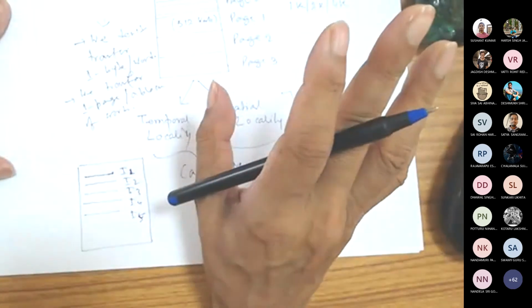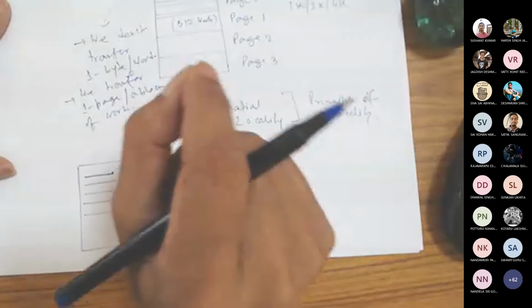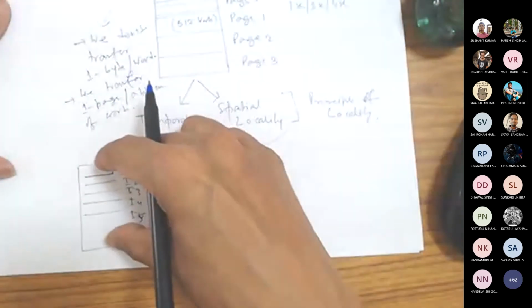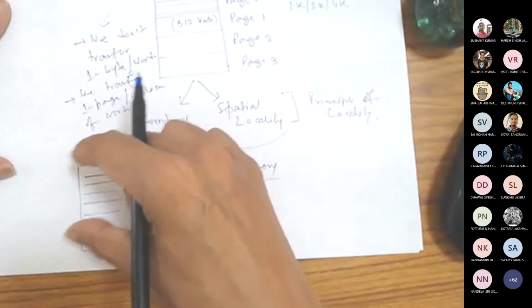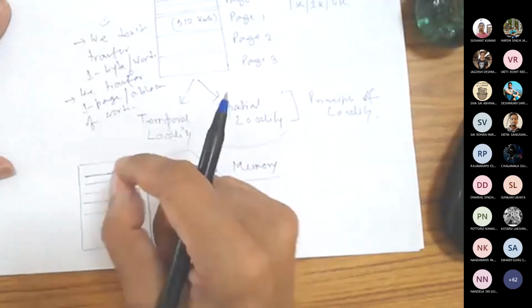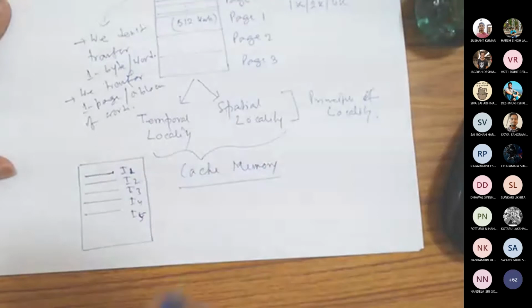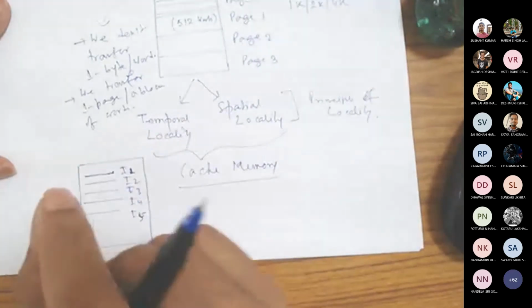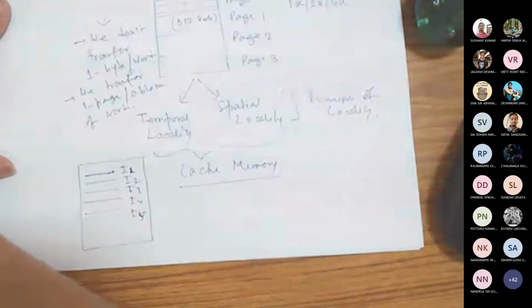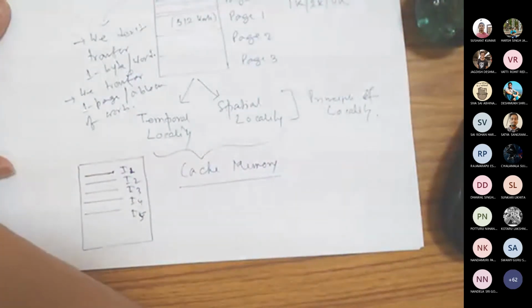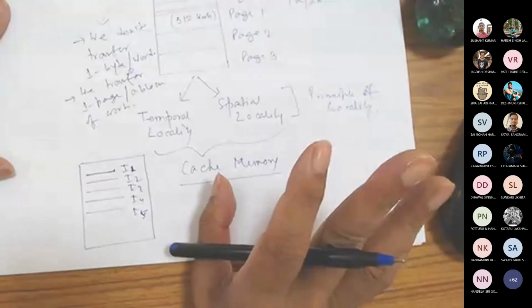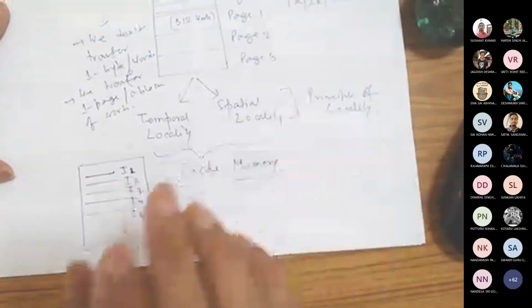Obviously, jump is there. So don't get confused with things like jump and branch; I know those will come. But if you look into the common behavior of programs, your chance of fetching the next instruction is more than fetching the next-to-next instruction. That's called spatial locality.